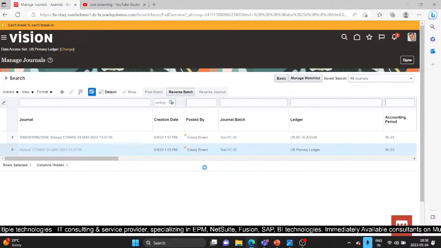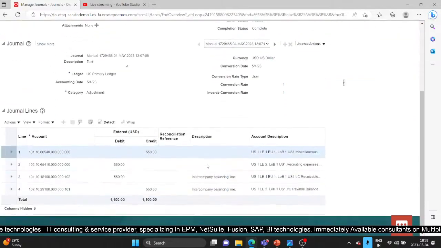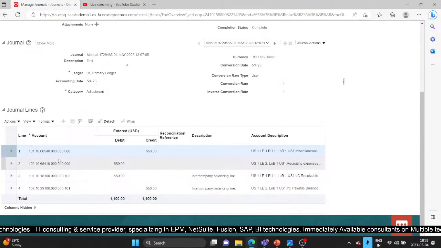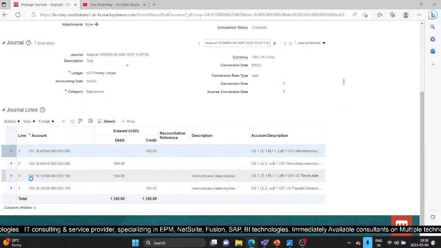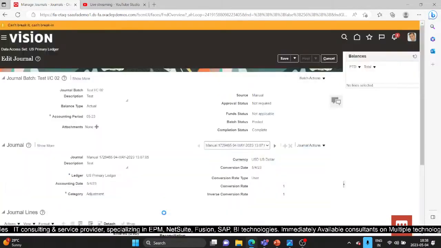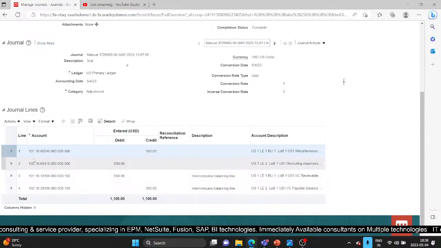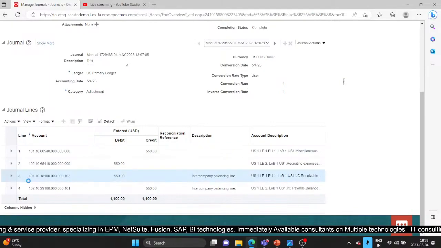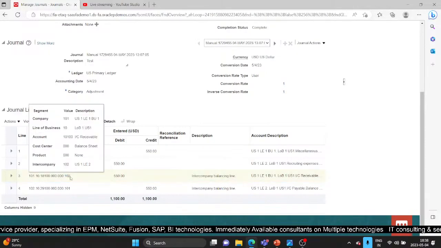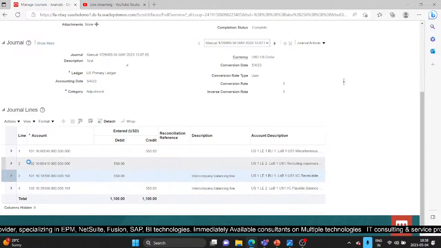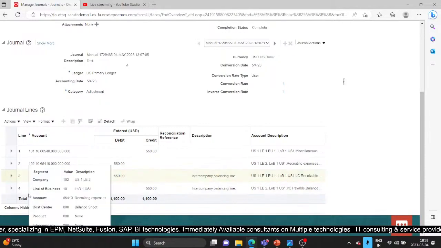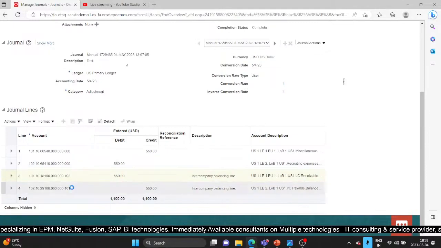The journal is created. Now if you see the journal lines, here there are 4 lines, but we had entered just the 2 lines. So you can see the intercompany balancing has been done here. What the system has done, it has balanced 101 with the first and third line. We need to check. So the first line is balanced with the third line, and it now has the balancing intercompany segment as 102. Same way, line number 2 is balanced by line number 4,